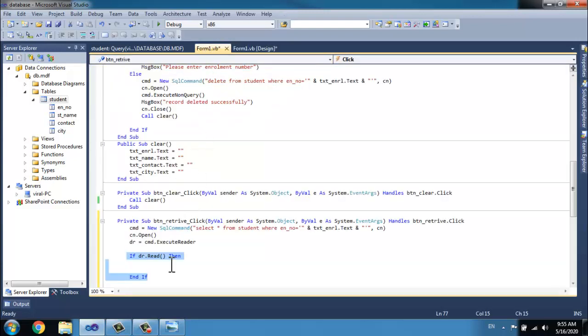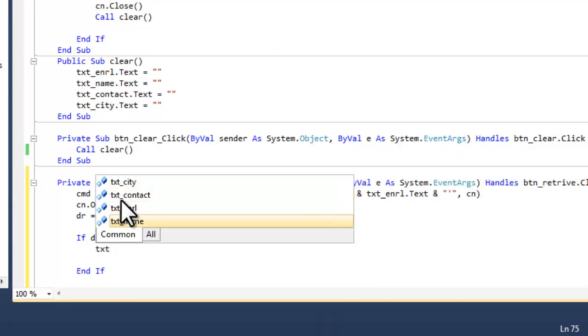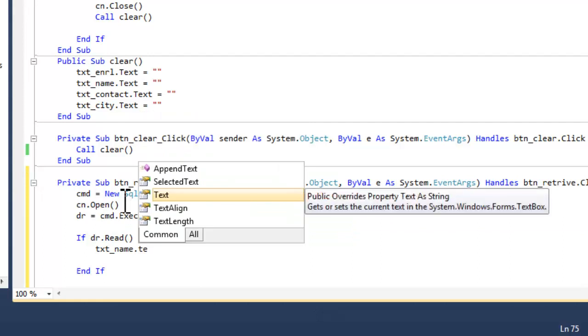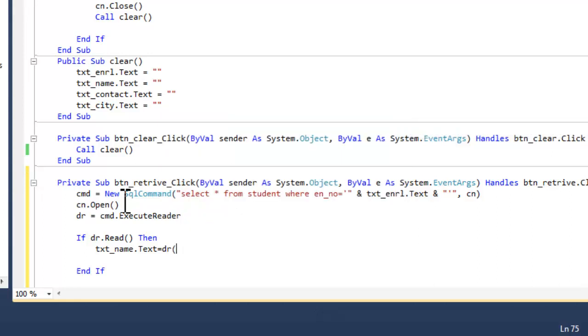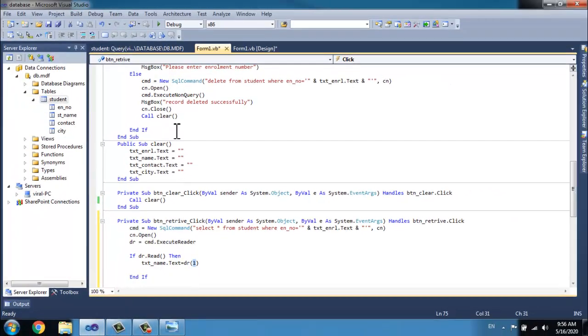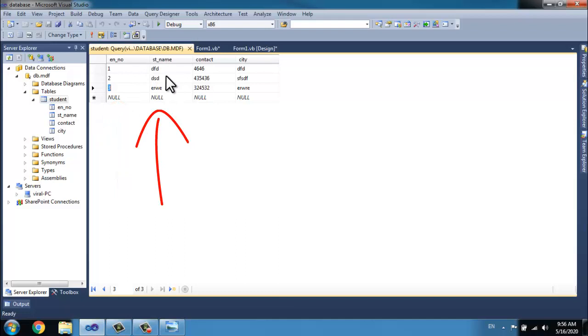So a simple step: txt name dot text equal to dr 1. What is the meaning of that? dr 1 means our second column. Our first column is enrollment number, whose index is 0. The second column is student name, whose index is 1, contact index is 2, and city index is 3.